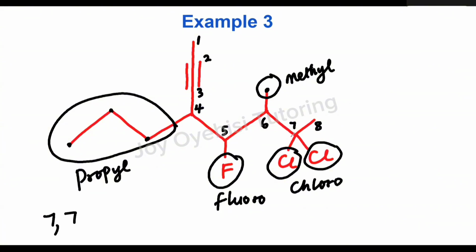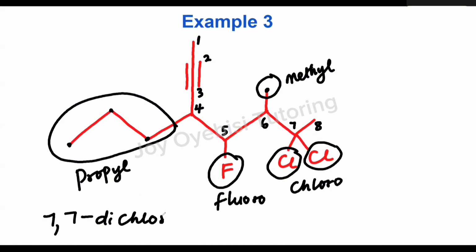The 2 chlorines are both attached to carbon 7, so you must repeat the 7, one 7 for one chlorine and the other 7 for the other chlorine. And then, since you have multiple identical substituents, you need to use a prefix to group them. 2 chlorines is going to be